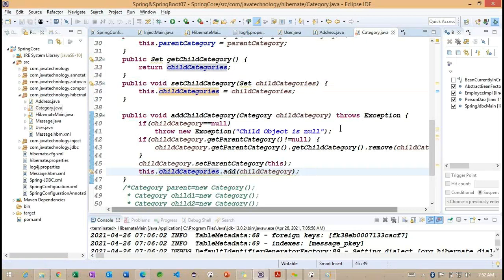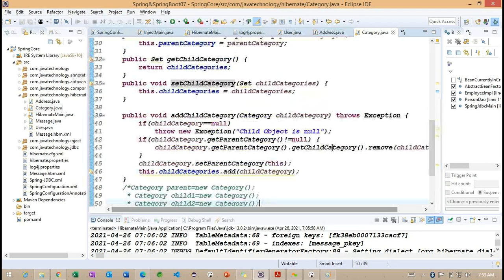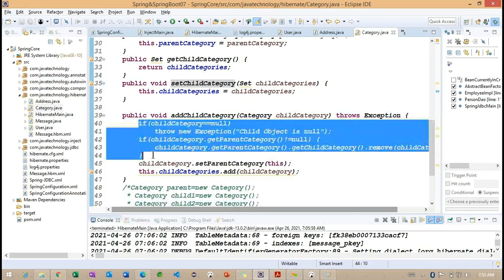Observe here. Carefully observe, instead of calling this child category, I am calling the add method. Basically, we have some conditions internally, and using this condition we are going to add the particular child information.